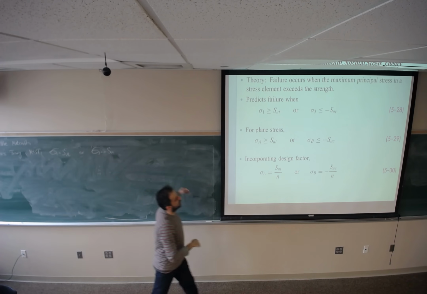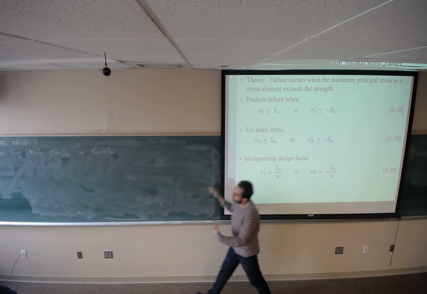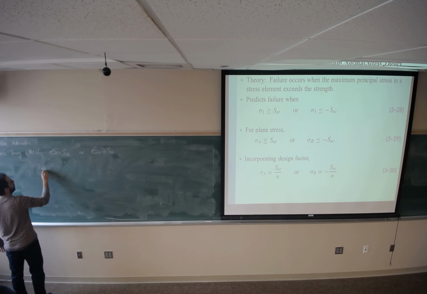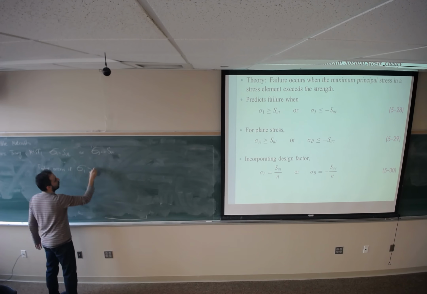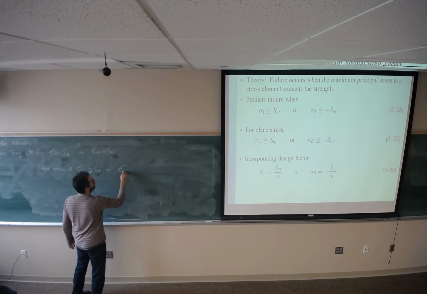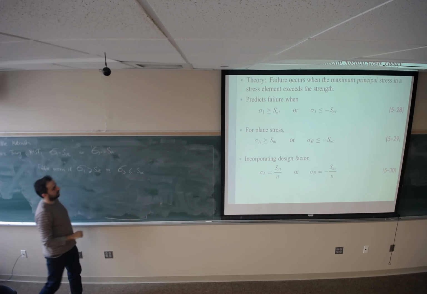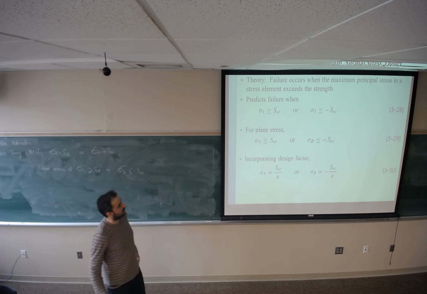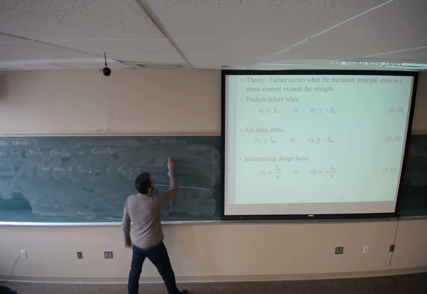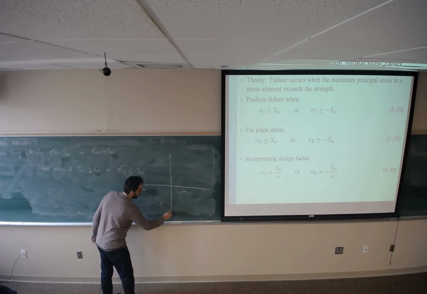The failure criteria. Or we can say the failure occurs if sigma 1 is greater than or equal to S_UT, or sigma 3 is less than or equal to negative S_UC. Sigma 3 is going to be the smallest principal normal stress. If this is S_UC, negative, negative S_UC,